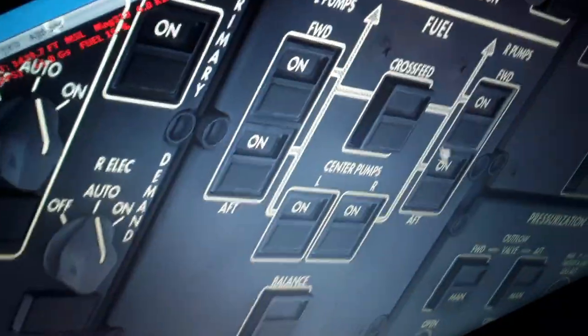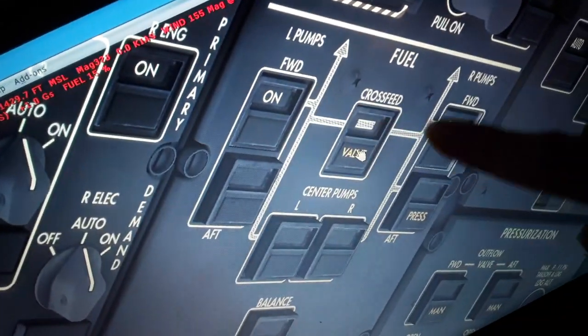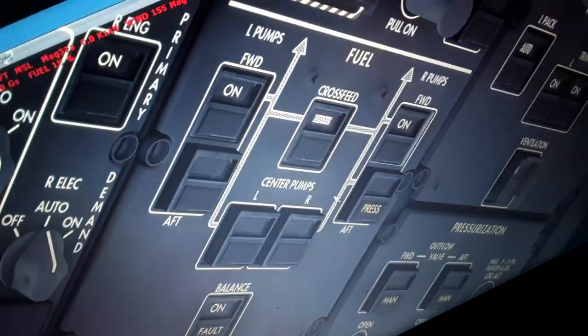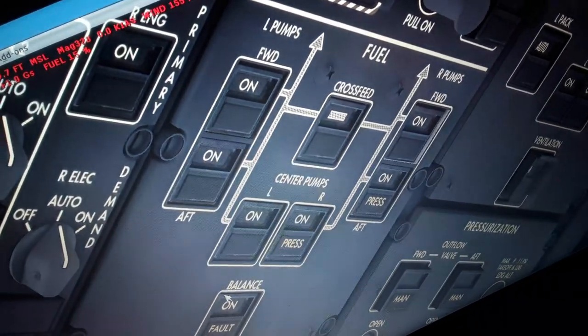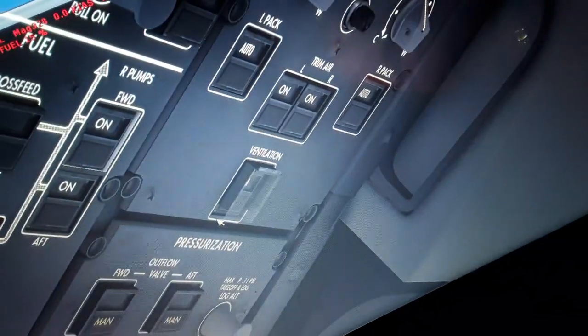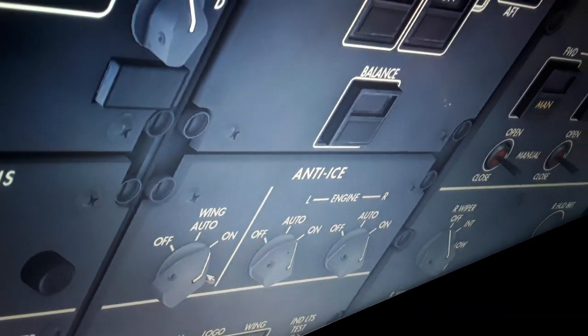Left and right wing fuel tank over here, fuel booster pumps, center tank, also crossfeed valve, with which we can feed either engine with either pump or either tank and balance the fuel between the left and right wing tank. So we have the fuel booster pumps, and also we have the wing and engine anti-ice over here. As you can see,